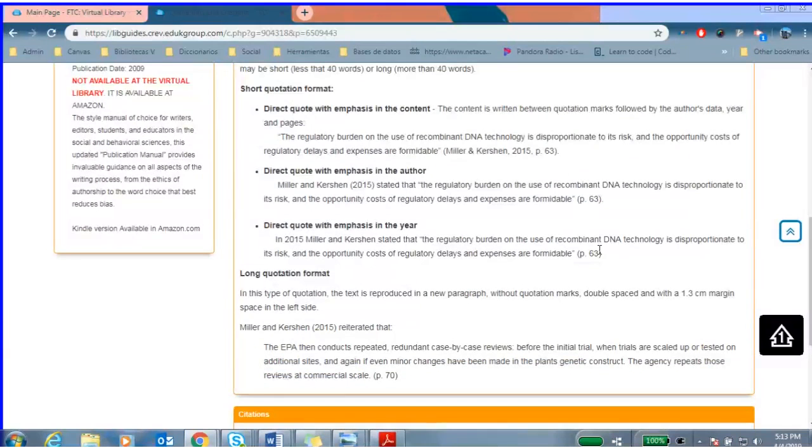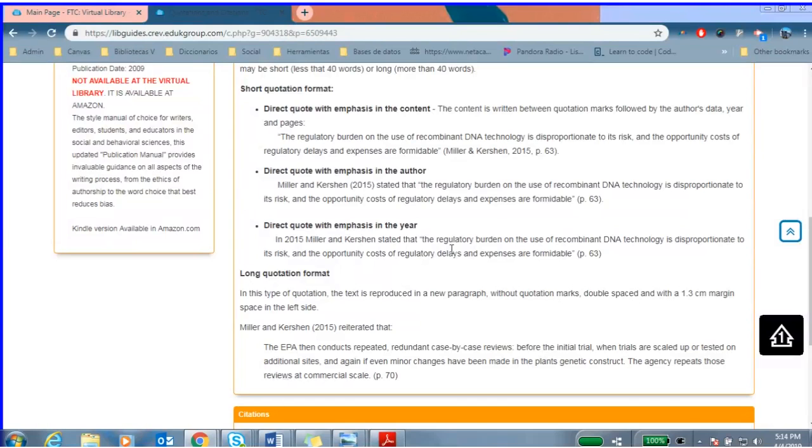These are for when you are writing and you don't want to always use the same format. So you can play with these three and have much better writing, because it's different. So you're not going to repeat and repeat the same thing. So you can use the three formats